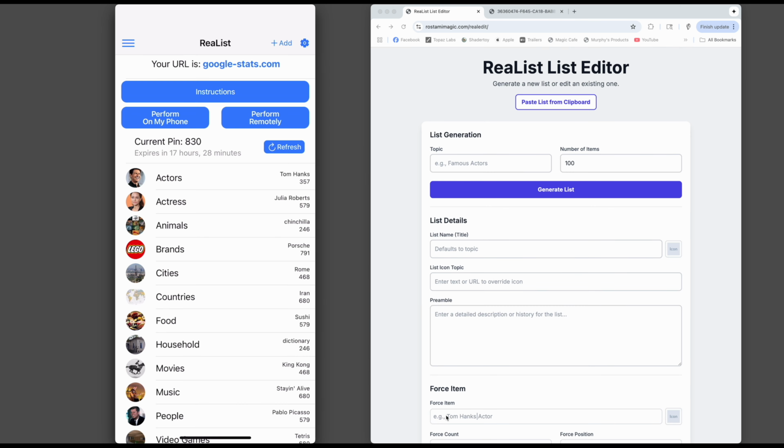Dear ReaList users, I am super excited to introduce to you a new ReaList list editor that you can run either on your computer or an iPad or even on your phone, which is going to really augment the abilities that are built into just the basic list editor that's in ReaList. All right, just to show you how powerful this list editor is, we're going to do a little bit of AI list generation. But if you want to access the list editor right now, the only thing you have to do